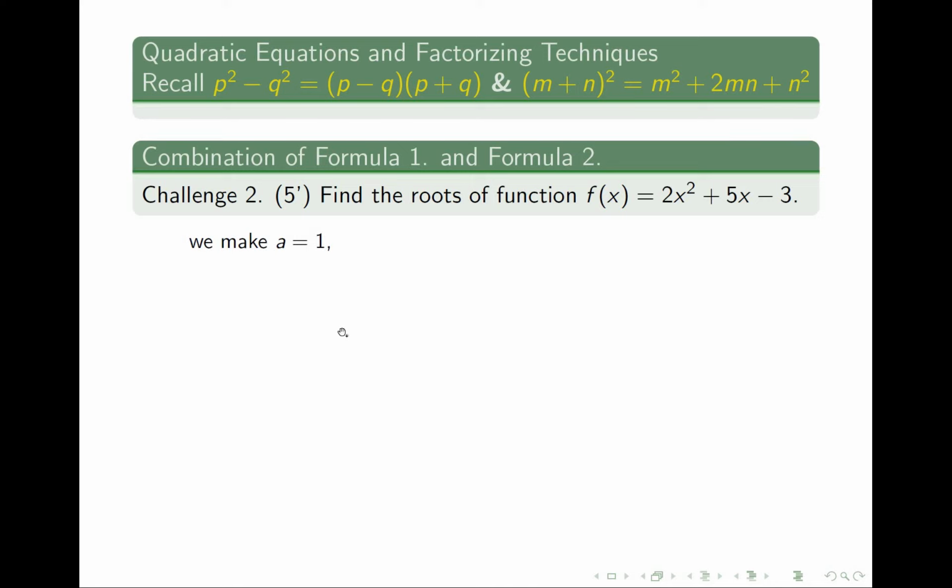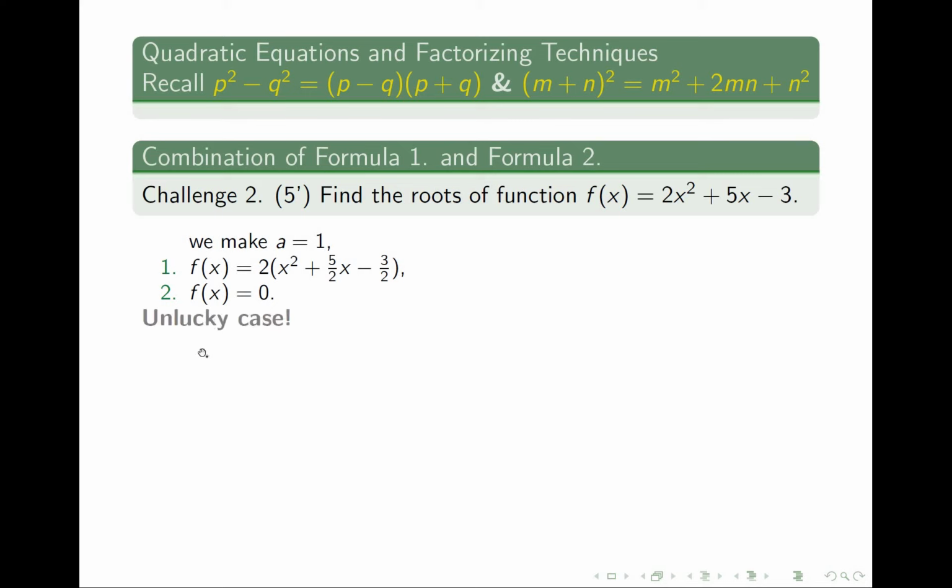So again, we have to make sure that the coefficient a is equal to 1. Here we don't have 1, so we have to factor out 2. So we will do that to make sure that the coefficient a is equal to 1. We factor out 2, and then we have 2 times x squared plus 5 divided by 2x minus 3 divided by 2. Then we would like to find the roots of this function, so we put our function f(x) equals